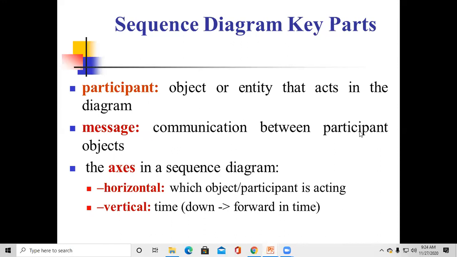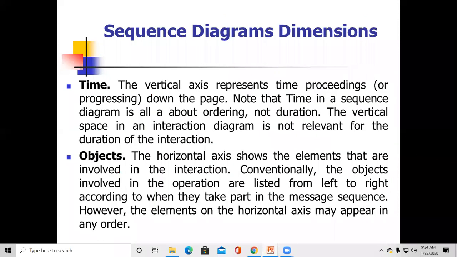Messages mean communication between participant objects. The axis in the sequence diagram may be horizontal or vertical. Horizontal shows which object or participant is acting, and vertical means the time, going down forward in time. These are some key parts of sequence diagram.